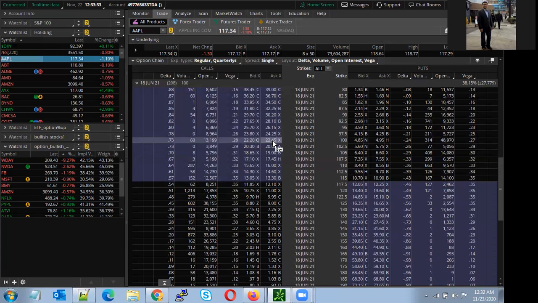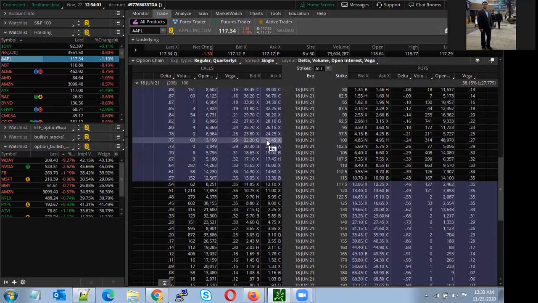You are making more value of your options, and when you go in the money, your delta moves. If you know a little bit, delta means how much your option value moves for a $1 move. If the stock price goes up $1, your option price will go up by 75 cents.